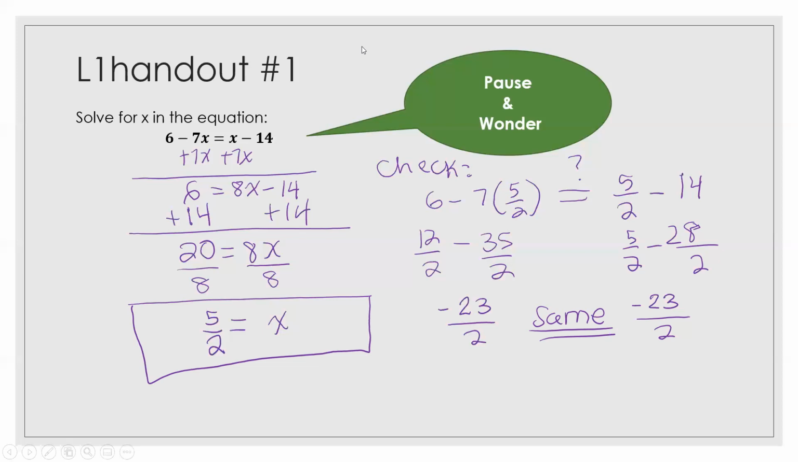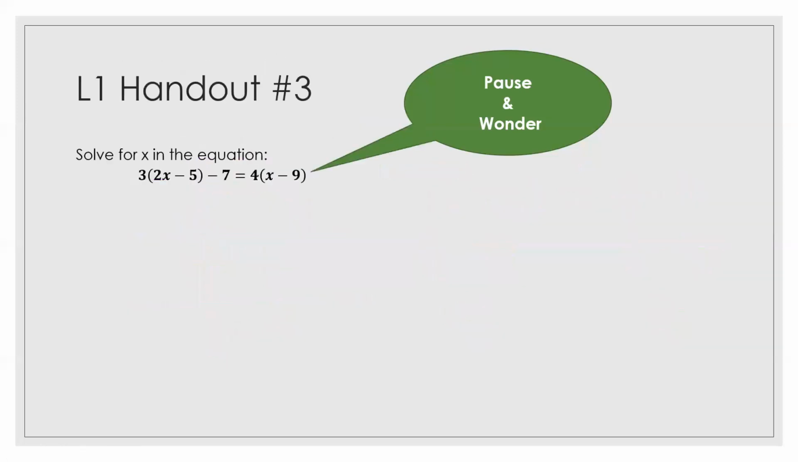Okay, let's take a look at something that's just a little bit more involved. So pause and wonder what you should do first. Once you have done that, you will see that this equation involves the distributive property. So we're going to go ahead and distribute the 3 into both of these,